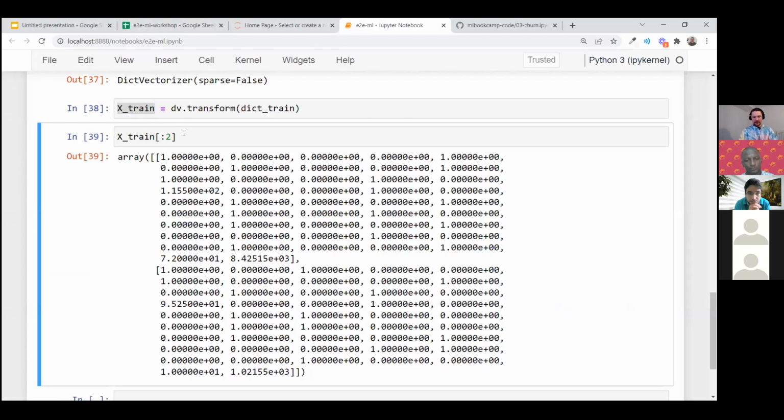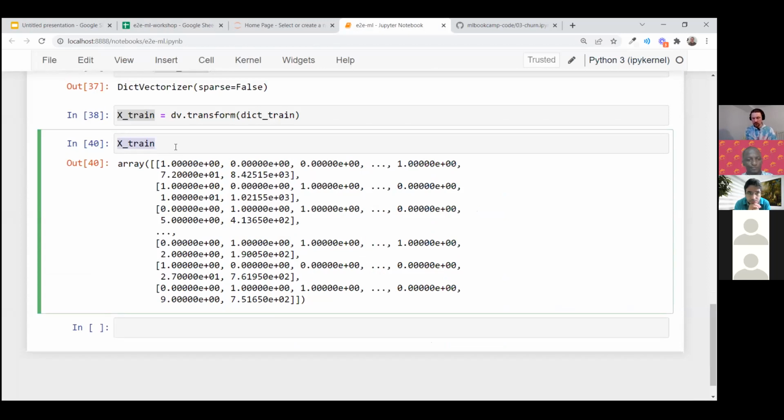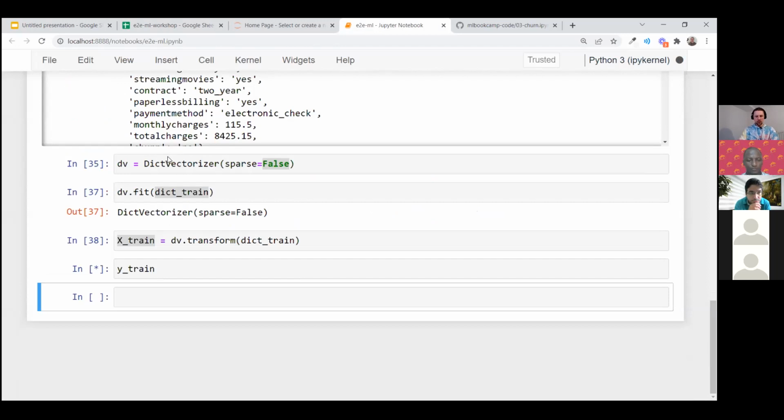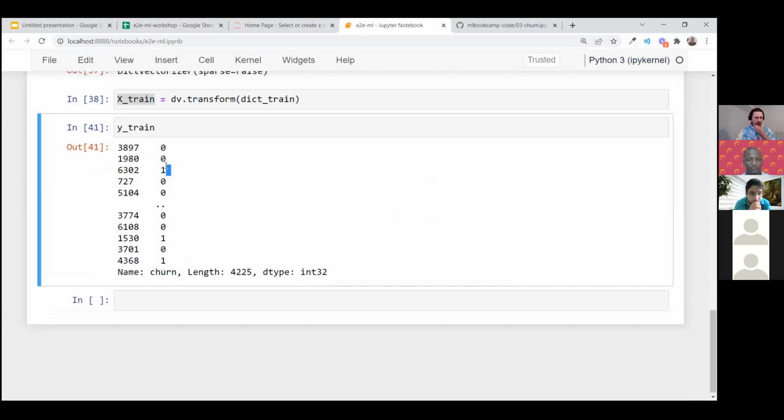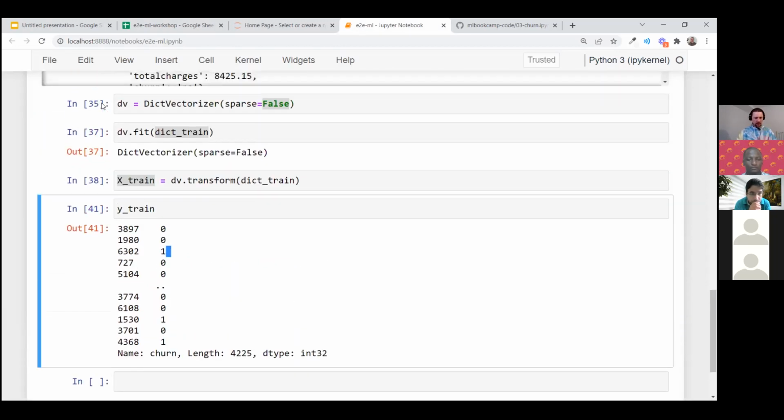So now we have this X_train, which is our capital X, a matrix with features, with numbers. And then we have our y_train, which is a binary variable with zeros where people didn't churn and ones where they churn. And actually, I think I forgot one thing.